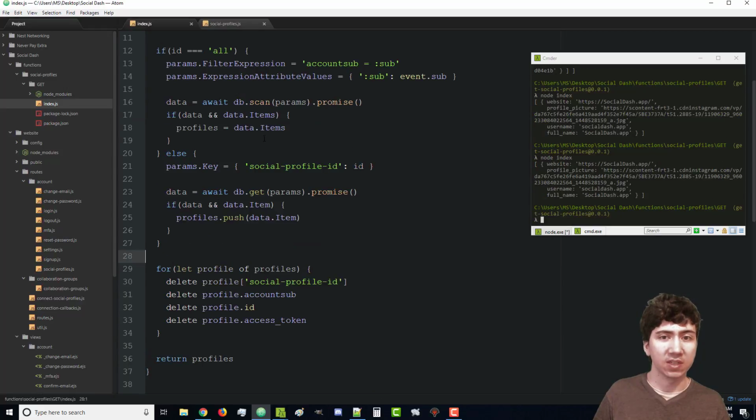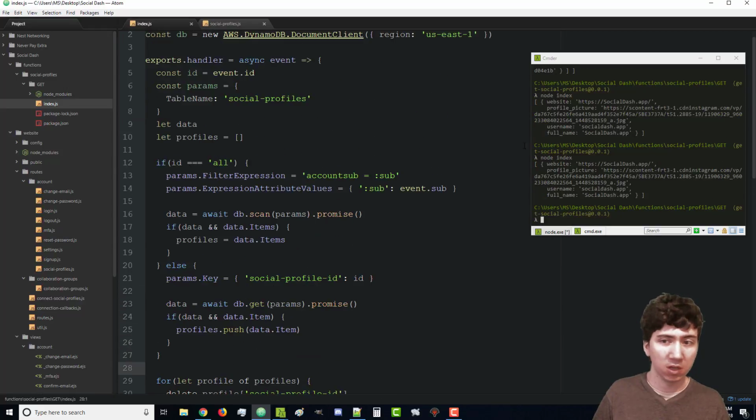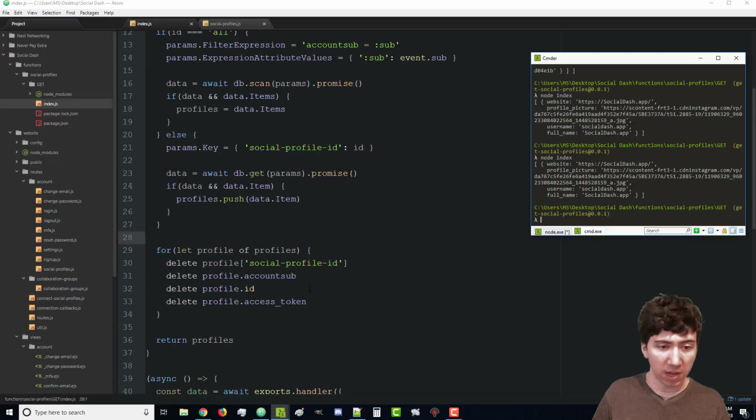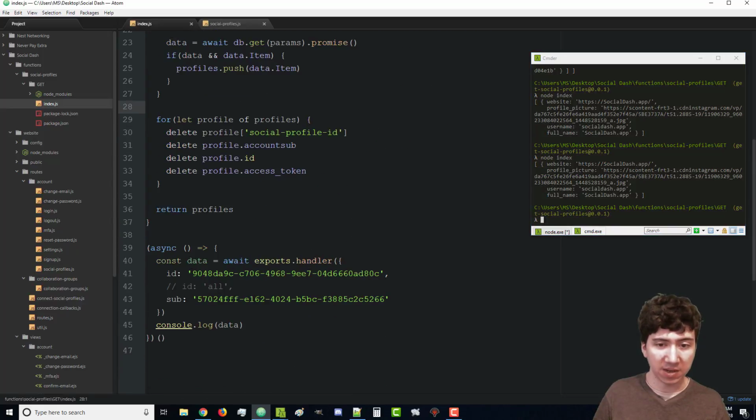Okay, so I went ahead and fixed this. There were some problems in my code. But now we see that when I am running a specific ID, then it's going to return some information here. And then this above test right here was when I was passing in all. So in this exact use case, they look the same, but if we had more social profiles, then all would